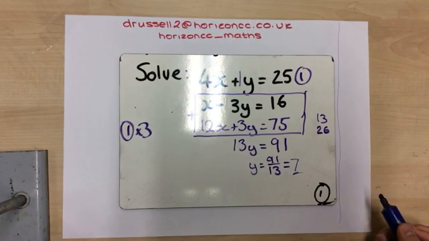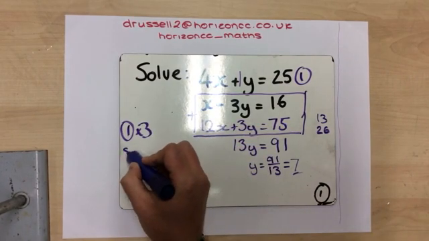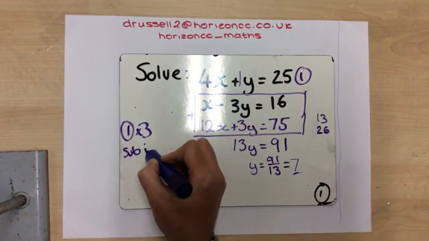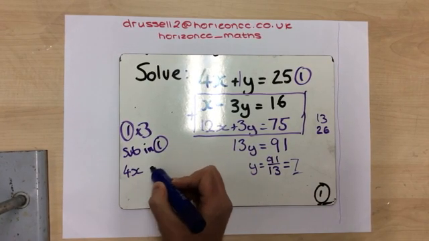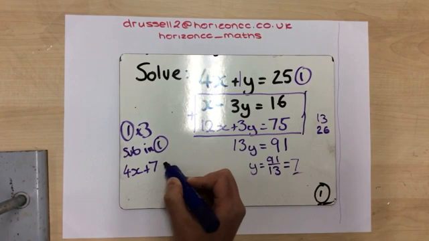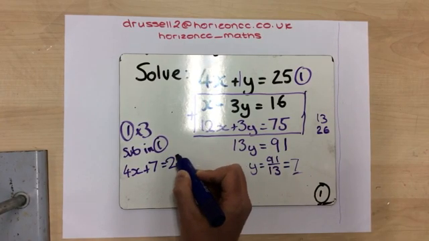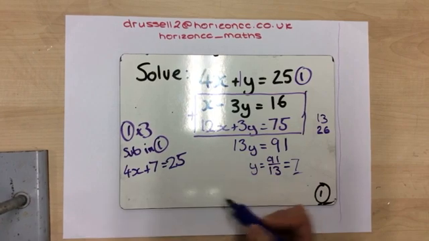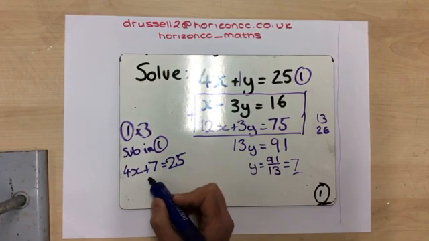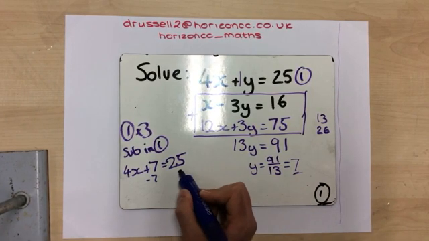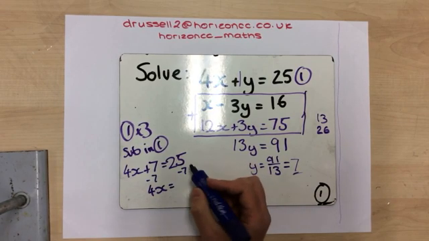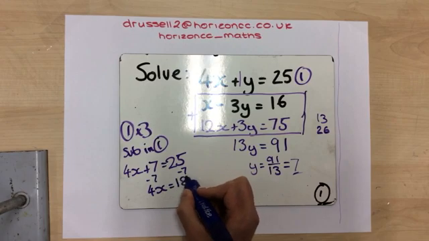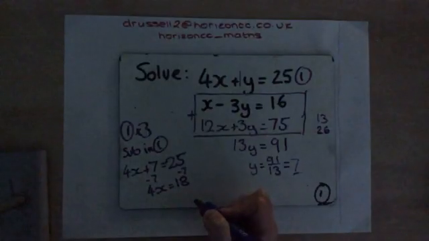The one I think I will go for, to keep everything positive, I will put it back into 1. So sub in 1. Okay, so there I got 4x plus what I now know to be 7 equals 25. I've now got a linear equation. So the inverse of adding 7 is to subtract 7. So I'll do the same on both sides. That will leave me with 4x on the left-hand side, and it will leave me with 18 on the right-hand side,